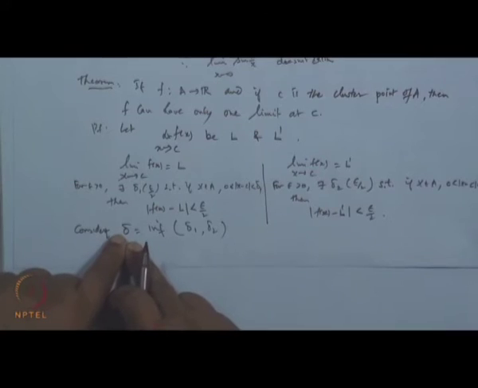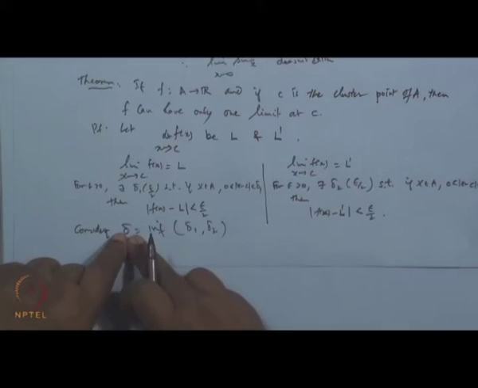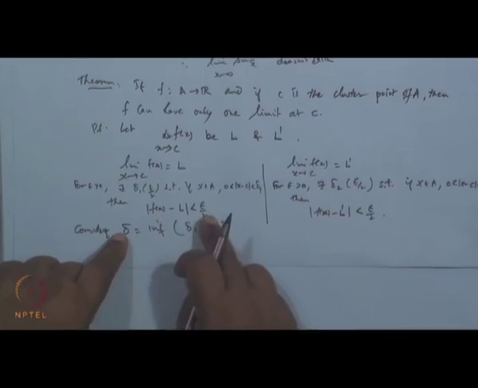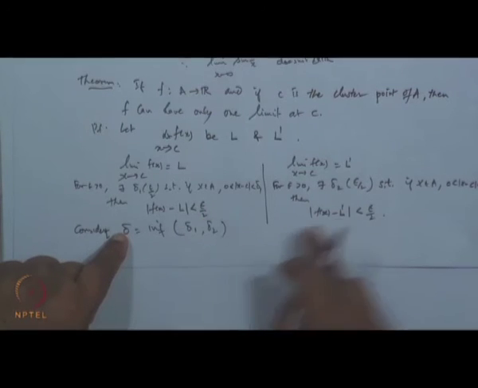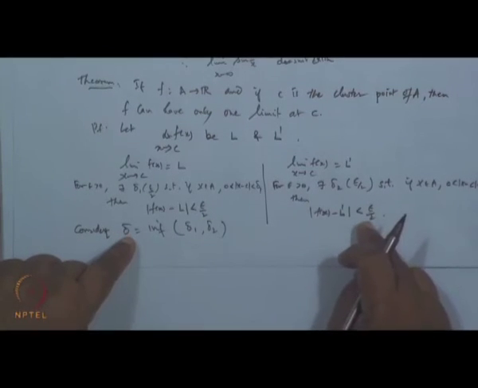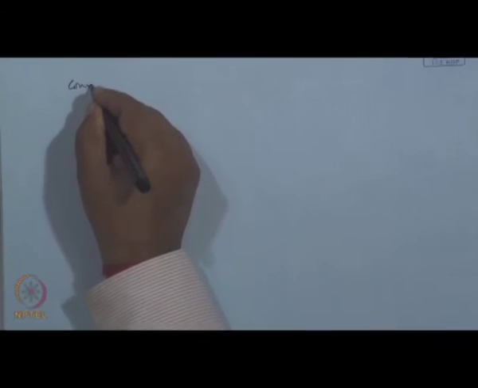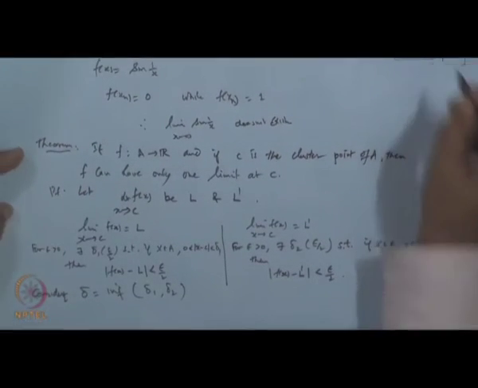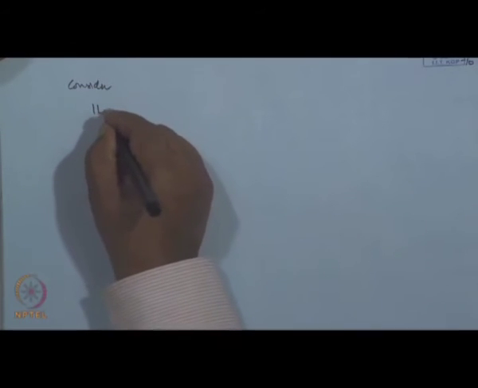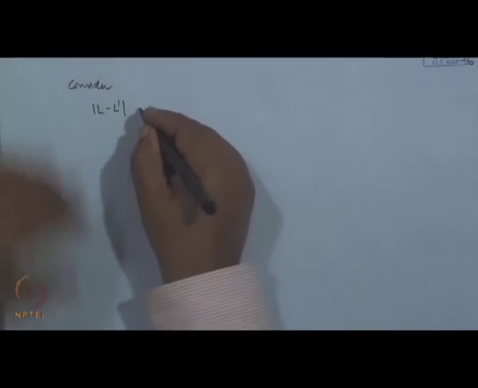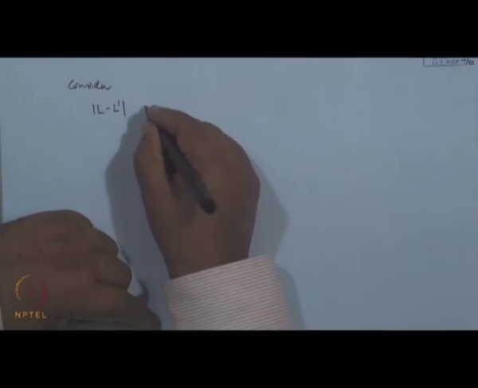So, if I replace delta 1 by delta, then this result will also hold. If I replace delta 2 by delta, again this result will hold. Now consider mod of L minus L dash. This is less than or equal to, adding and subtracting f x,